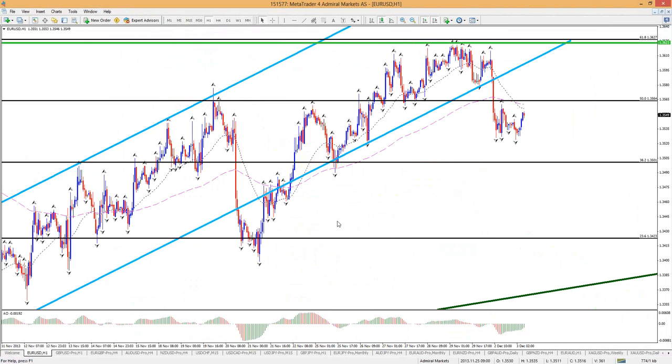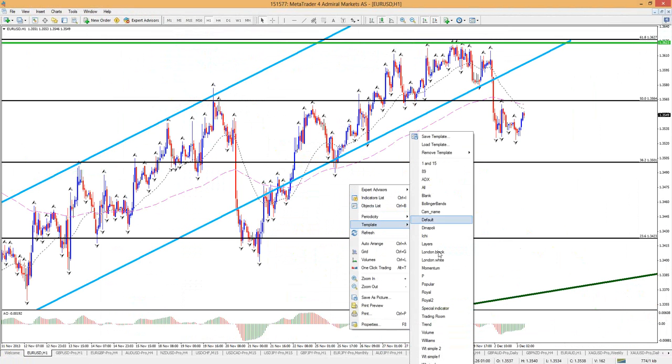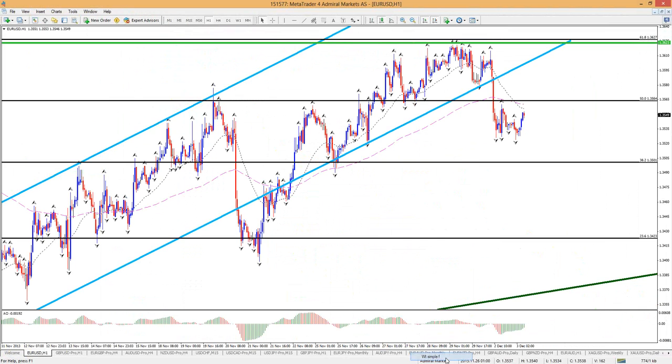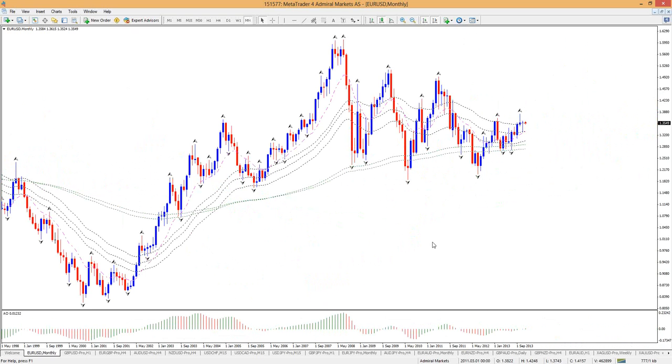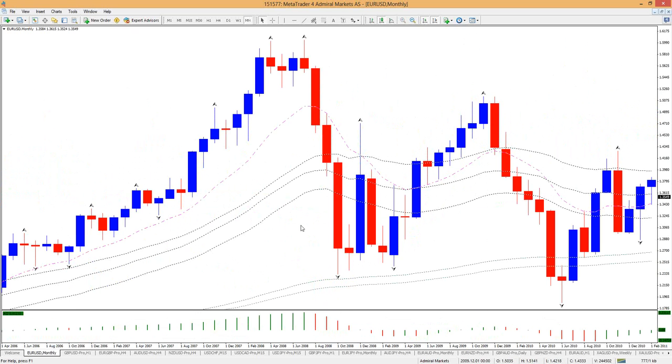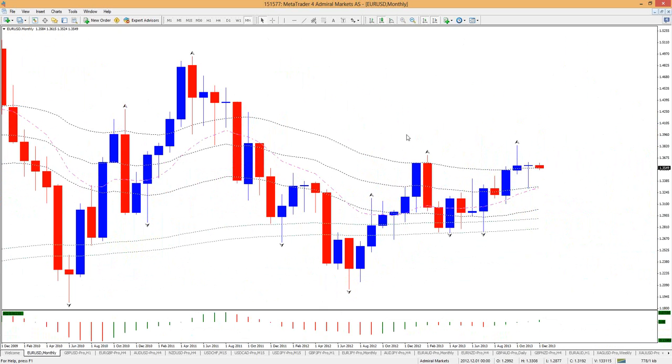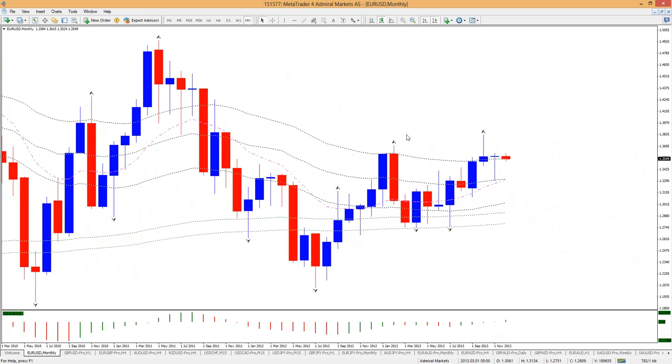Let's take a look at the euro dollar. I'll take everything off, in fact, and make it nice and simple. And let's go to the monthly. We can start with the monthly. I know that some of you are going to find it boring, but I do always look at the monthly chart when a month is finished, just to see what the high and lows are, to get a feel of the candle, for example. That itself could already be interesting information. So even though you are trading on a 5-minute chart or 15, it doesn't hurt to take a minute to look at the monthly chart just for informational purposes.